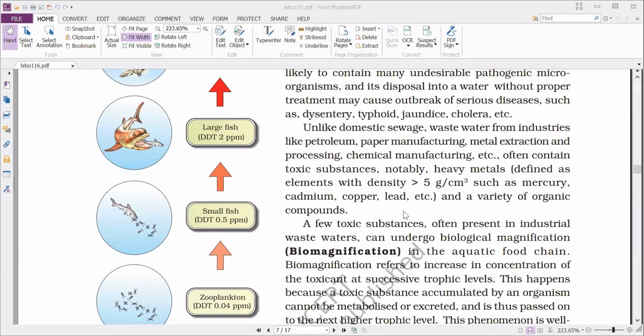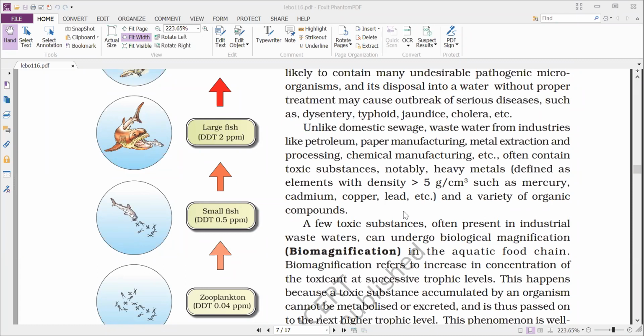Parts per million. So now from the deer, it will go to the next trophic level. That is a primary carnivore. For example, a wolf, or a fox, or a hyena. It is feeding on the deer. For example, in the lifetime of a hyena, it has eaten around 10 deer.